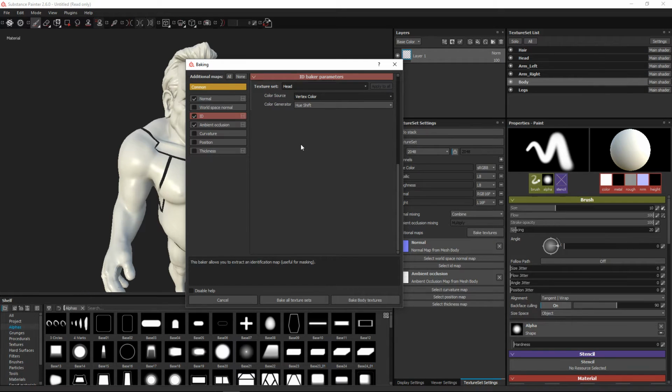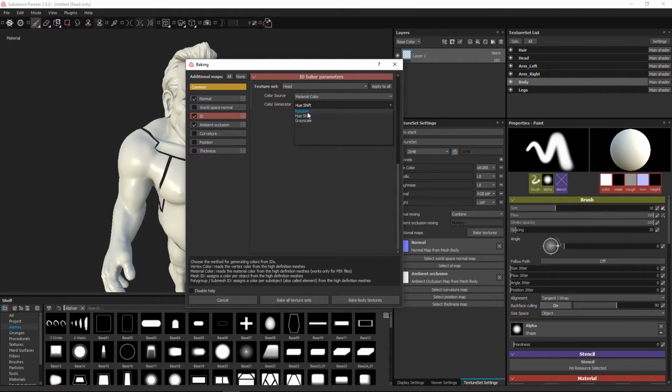And the generator, in this case, can be kind of confusing because, for instance, if we set this to, say, material color, this color generator is not going to really do anything, even though it's still enabled here. So it's a little confusing because some people see that and go, oh, well, it's material color. Can I randomize things like that? If you set this to, say, vertex color,